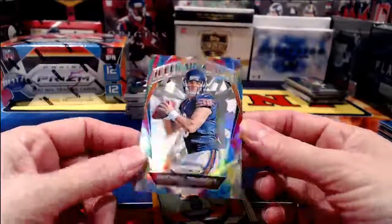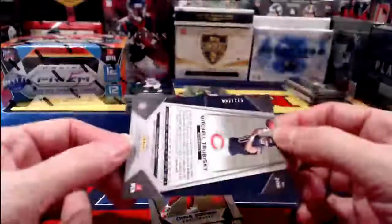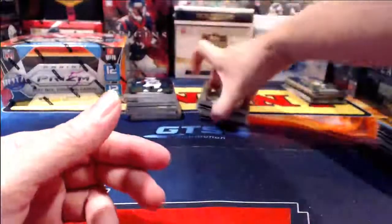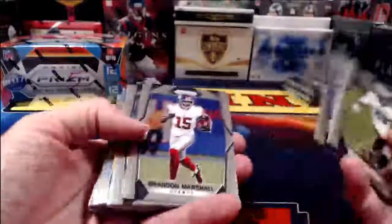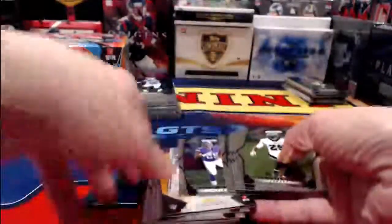Mitch Trubisky, illumination insert for the Bears. Followed by Mitch Trubisky, orange parallel to 275. Chris Godwin, David Njoku. Whoops. Emmanuel Sanders and Dante Moncrief are also refractors. I didn't realize I picked up the middle of the stack there. Uh-oh. This looks like this is going to be a nice little...